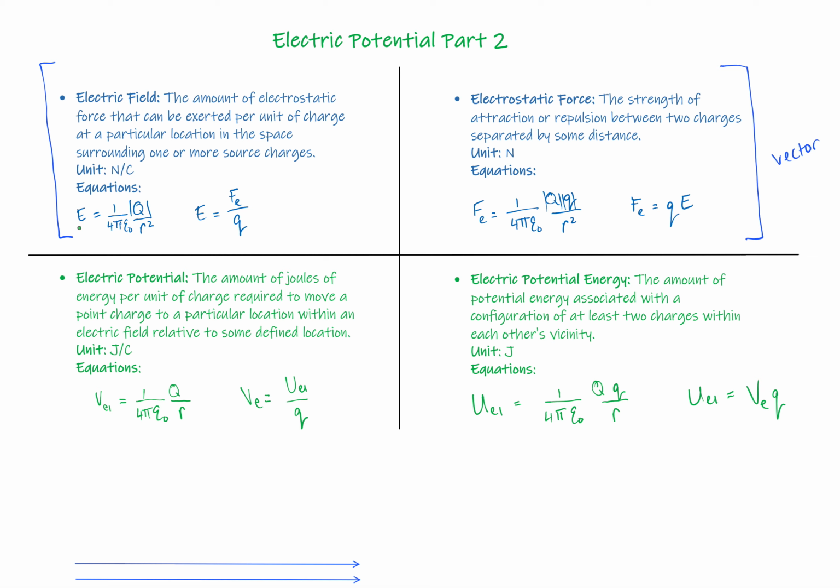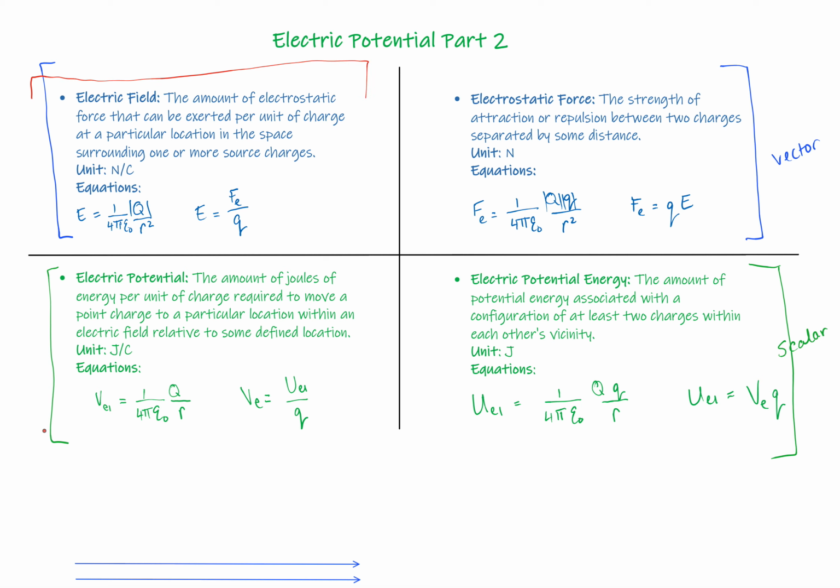Down here at the bottom, the electric potential and the electric potential energy, just like energy always is, are scalar quantities. Meaning if I have two or more charges and I'm trying to figure out the potential at a particular location, I don't consider the direction because there isn't direction or orientation associated with the potential and therefore the potential energy. But vertically, these are arranged